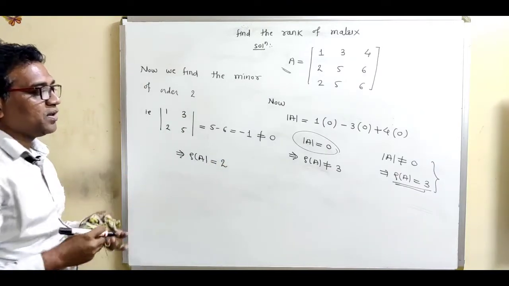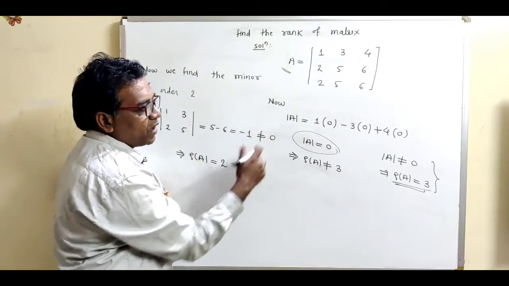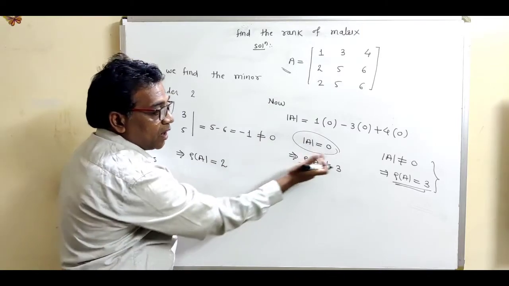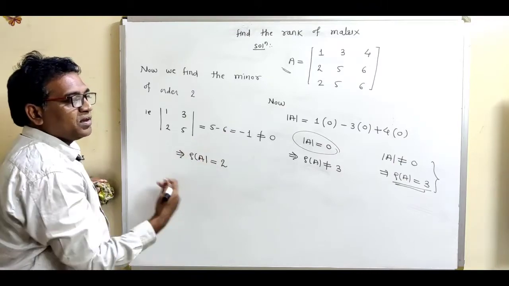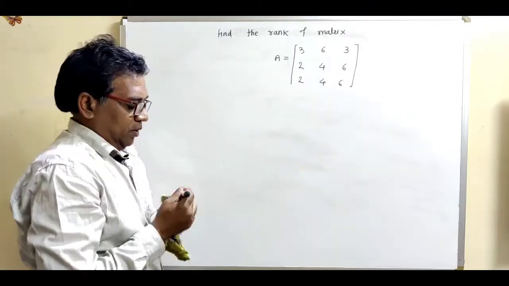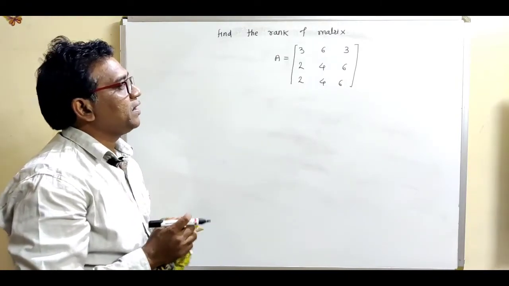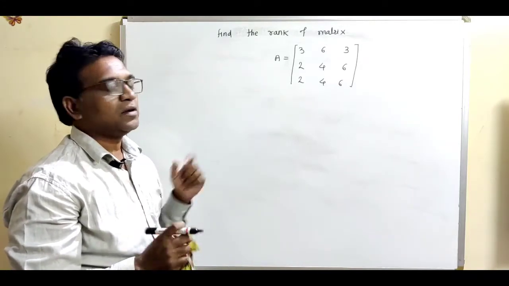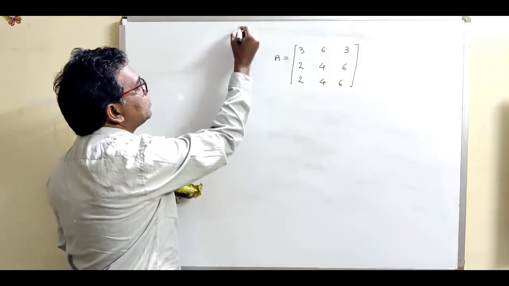So see how to find out the rank. We are given this matrix A. So what is the first step? First of all, find out the determinant of order 3 by 3. If this is 0, then try for 2 by 2. If this is again 0, then try for 1 by 1. Right, on to the next example. Find the rank of the matrix, and again we are given the matrix A, which is a 3 by 3 matrix. So write down the solution.